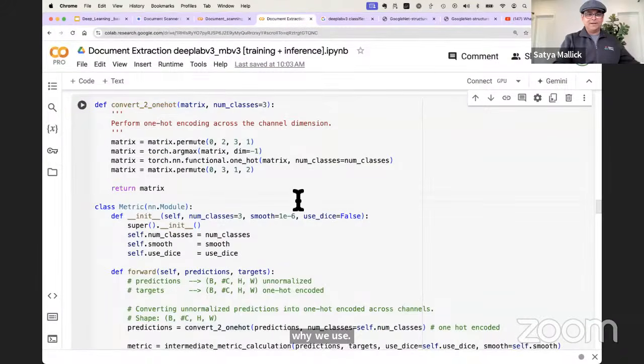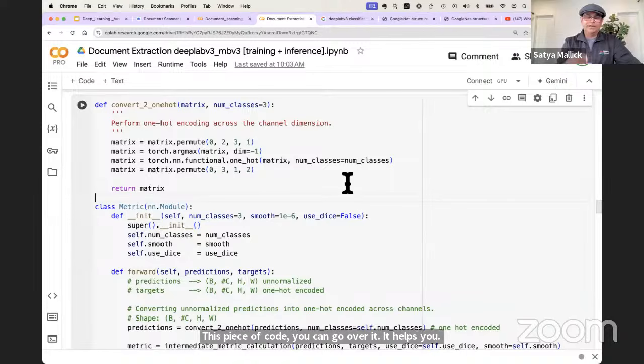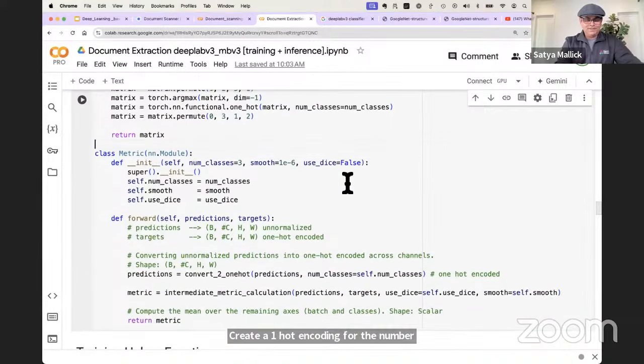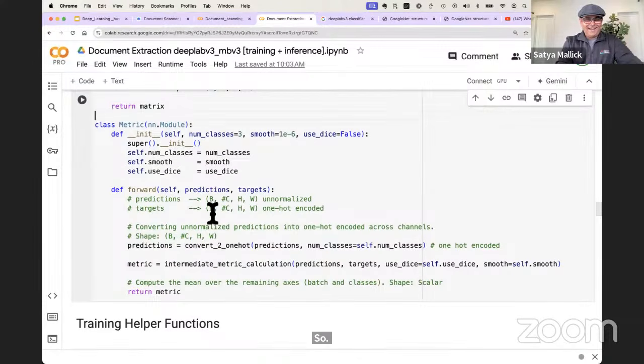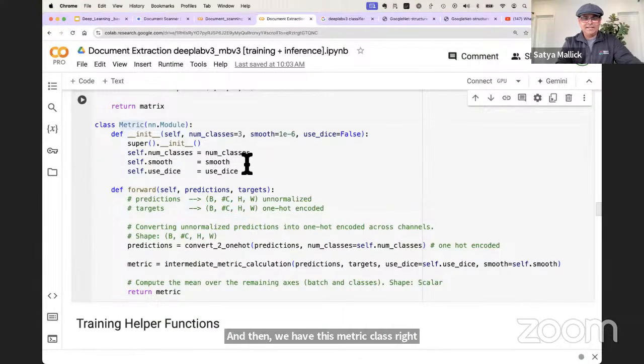And this piece of code, you can go over it. It helps you create a one hot encoding for the number of classes you have. So moving on. And then we have this metric class, right, which basically we want to make sure that, we